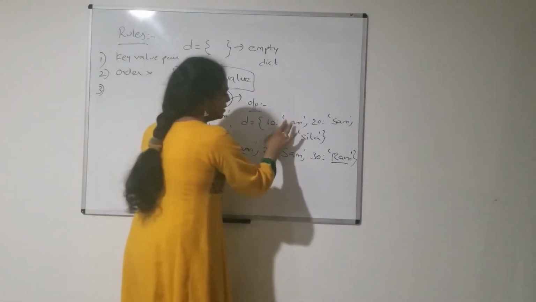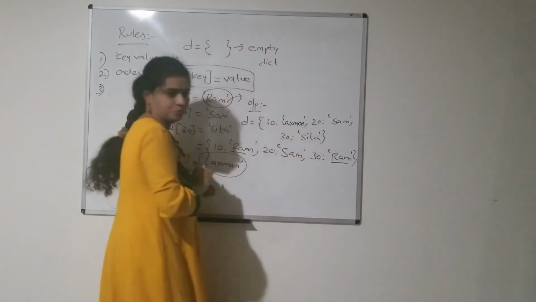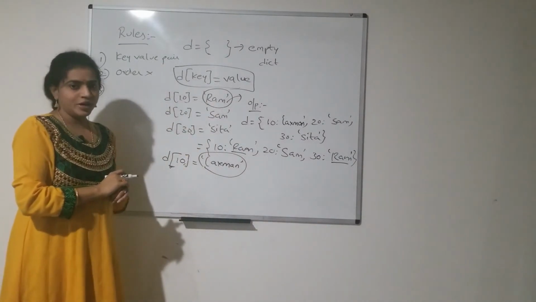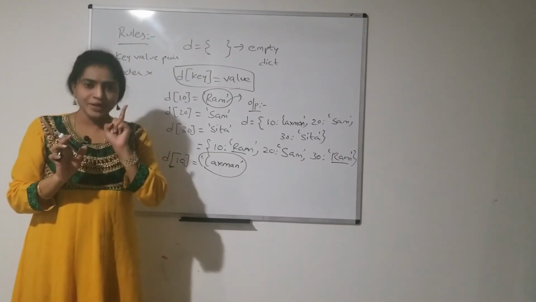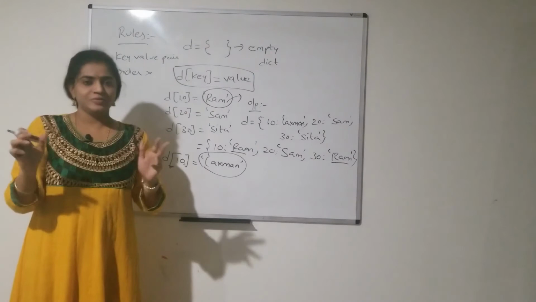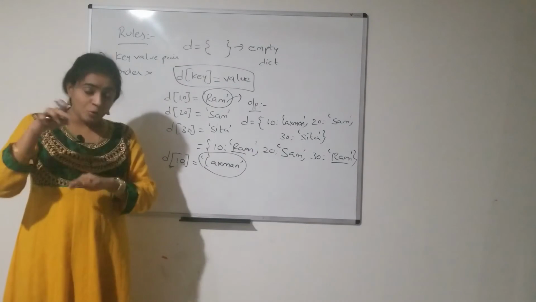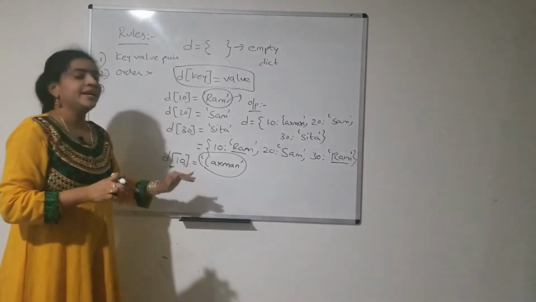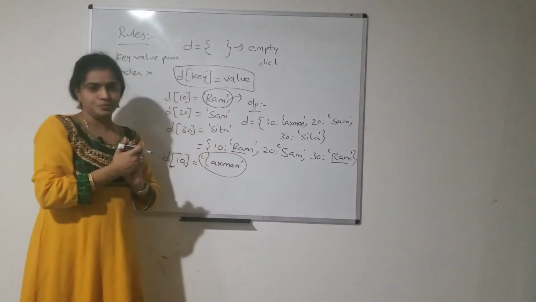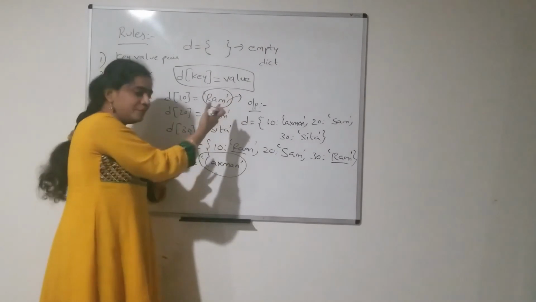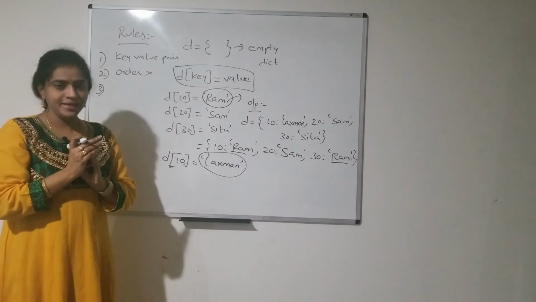So instead of here Ram, what happens? Lakshman is stored as a value. Got it? Okay. So what happens? As per the rule, the keys should not be duplicates, whereas for values, duplicates are allowed. Duplicate values are allowed, but duplicate keys are not allowed. That is the rule. Suppose, for example, you take a duplicate key, what will happen? The previous value will be replaced with the new value. Okay, the previous value will be replaced with the new value, but no error message will be displayed in dictionaries.